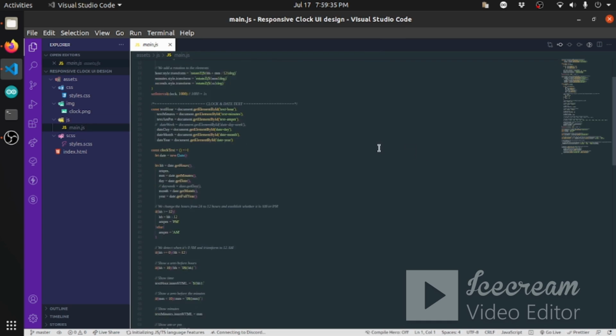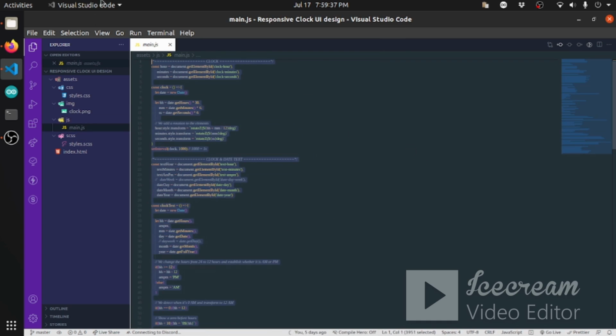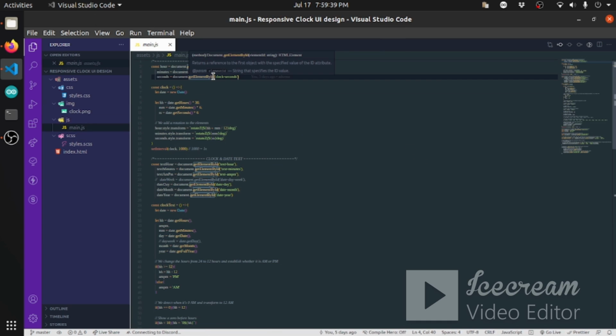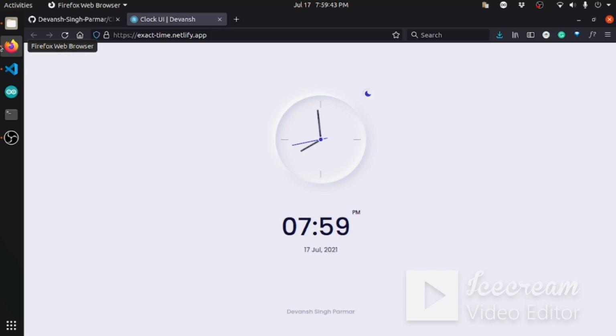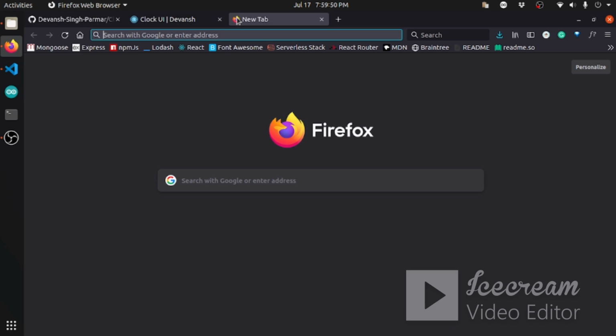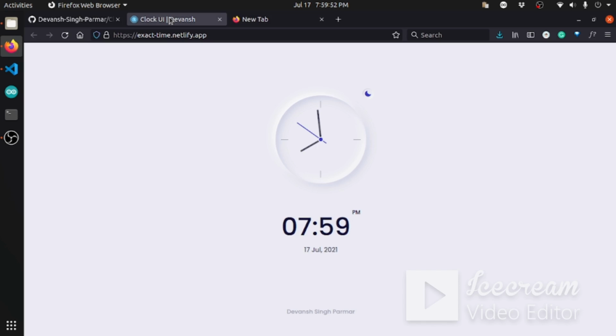So this is the background code, I mean JavaScript, that is used for our backend, like showing the correct time, exact time, you can say, but not exact, I will say. And one bonus point is here, where you can see the exact time. It is a very commonly asked question.